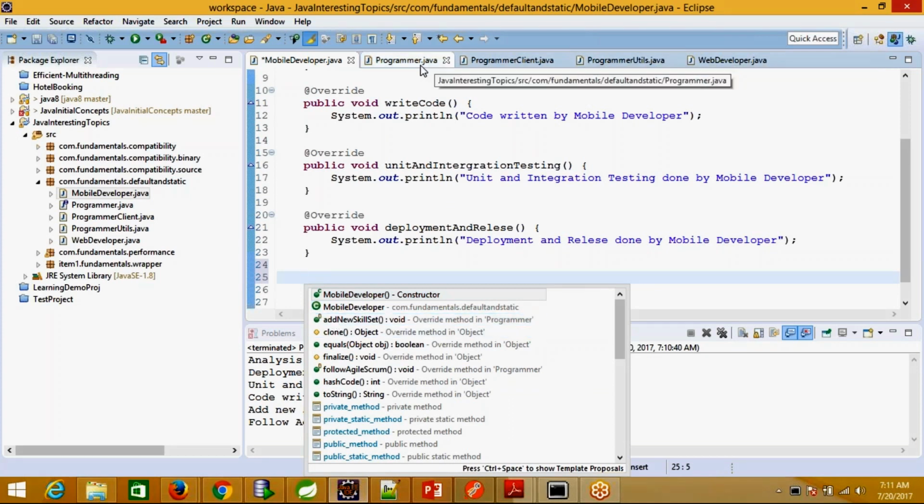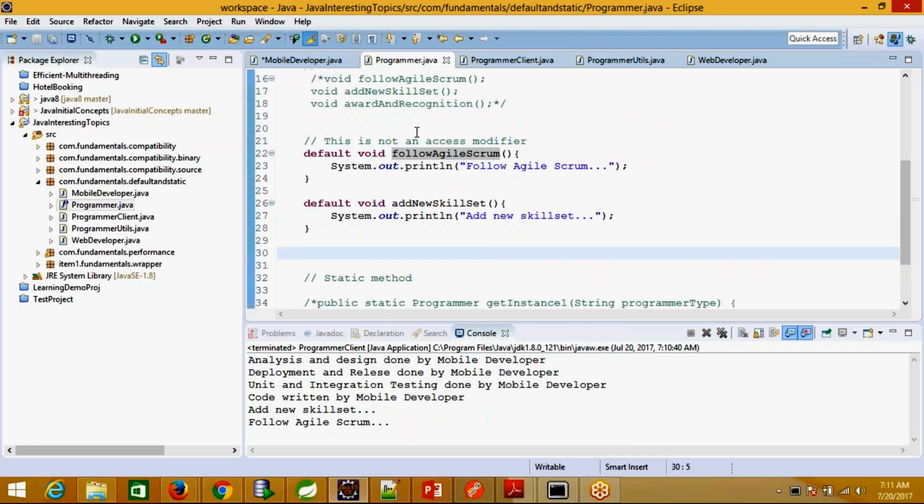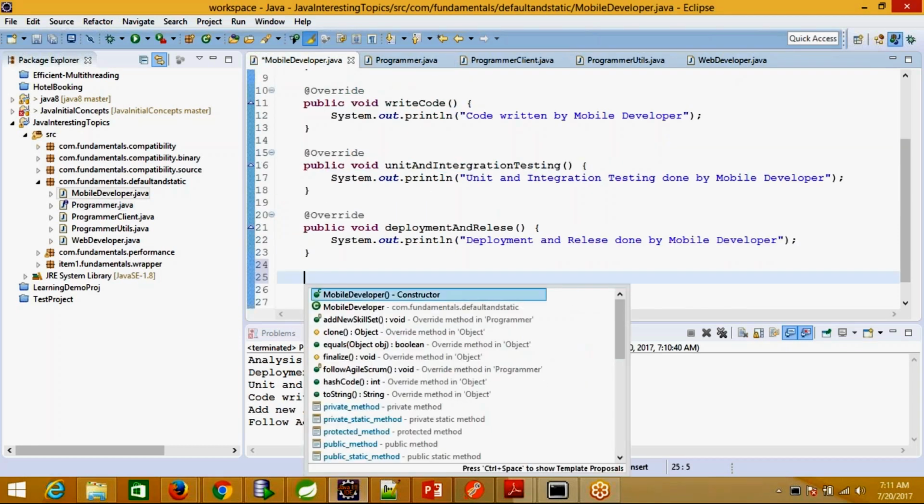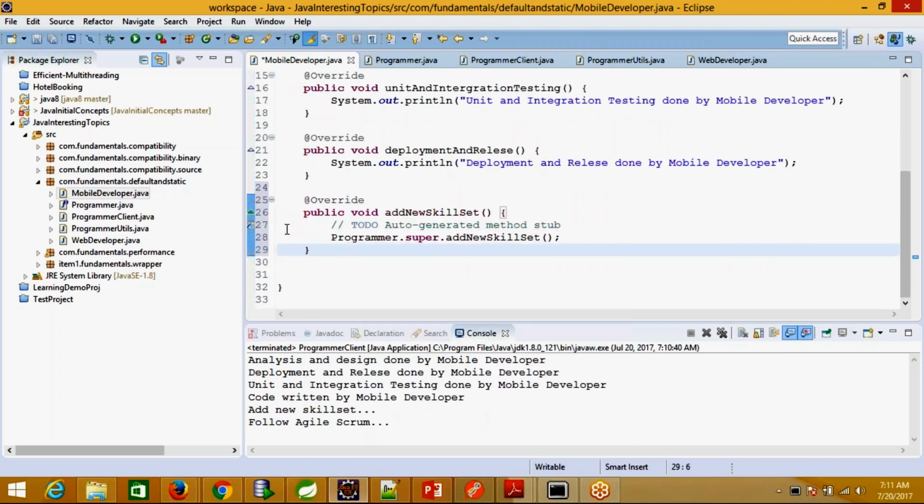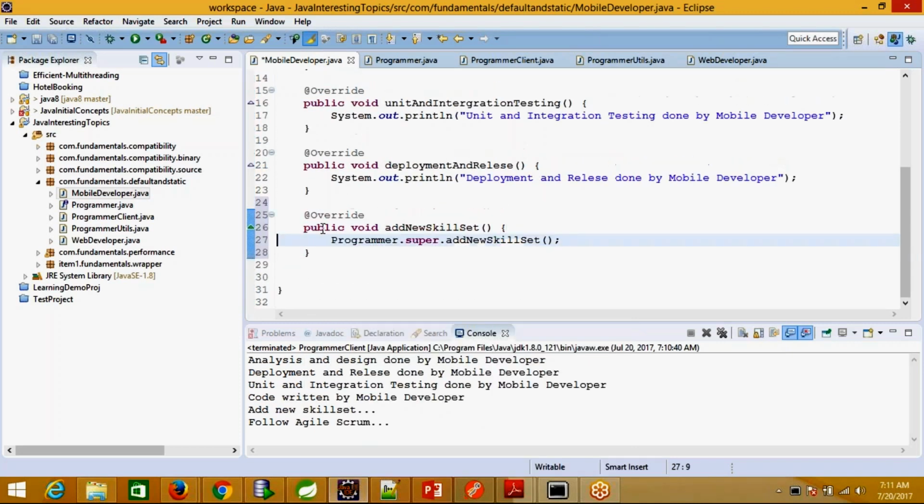Let me see what new feature I have introduced: agile scrum and add new skill set. So let me override add new skill set. So I have just overridden it and say this one wants something else now. Add skill set according to, so it can easily do this.